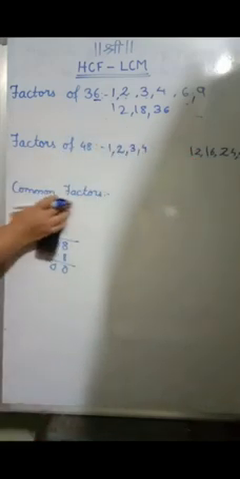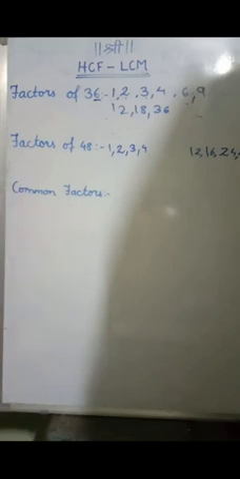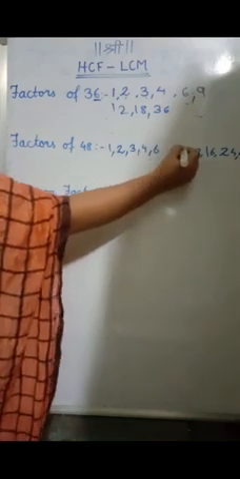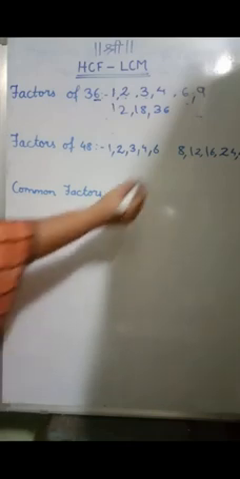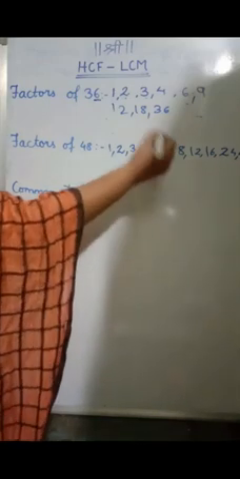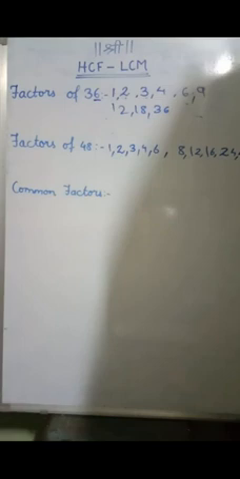Now 5's table? No, because at the units place we are not having 0 or 5. 6's table? Yes, 6 8s are. Okay. 7's table? Now only 7 is remaining after 6. So our factors are finished. What are the factors? 1, 2, 3, 4, 6, 8, 12, 16, 24 and 48.